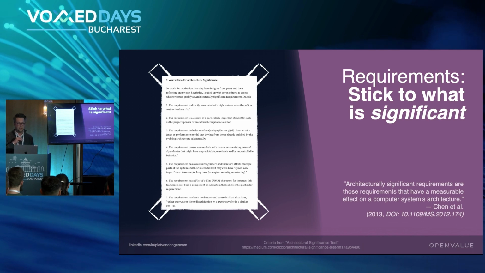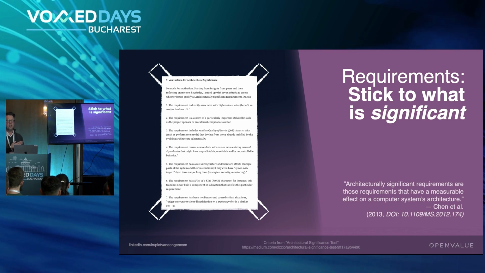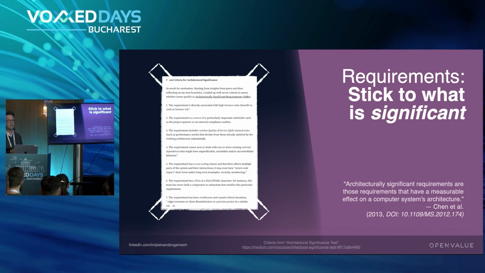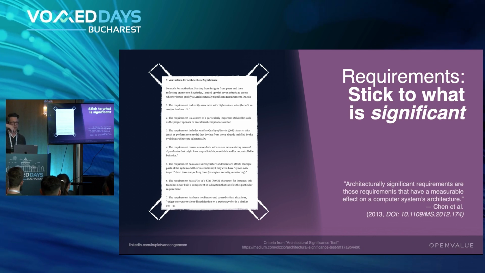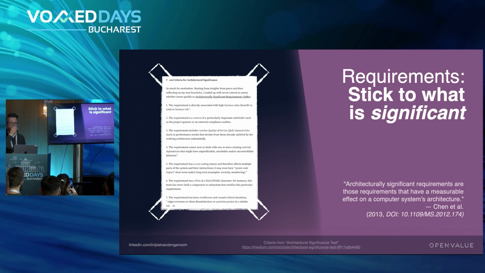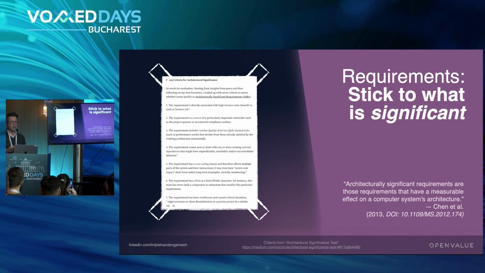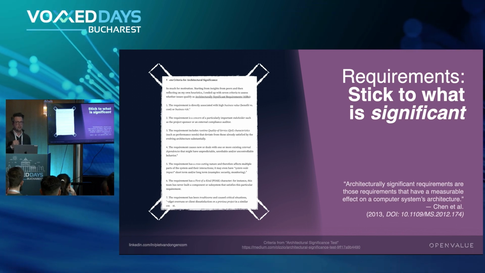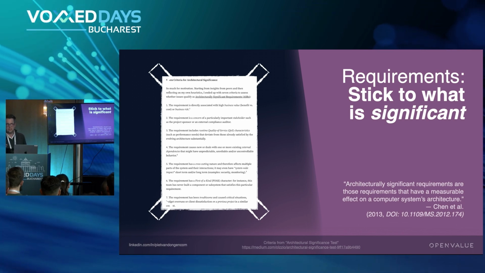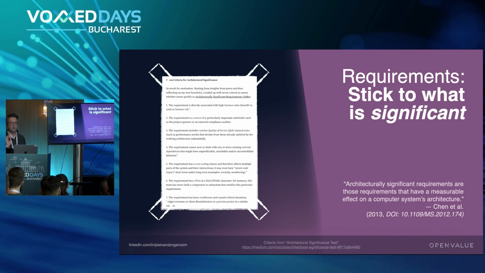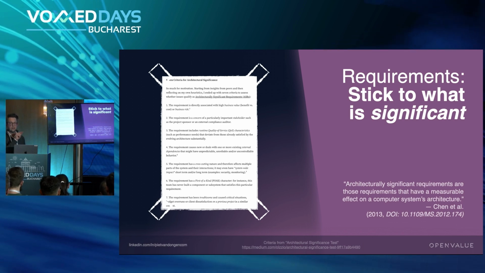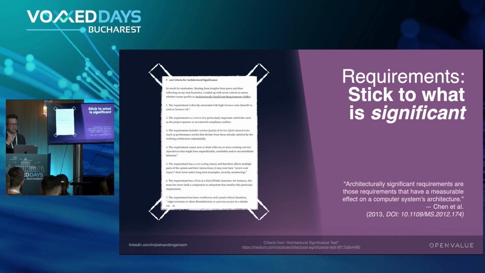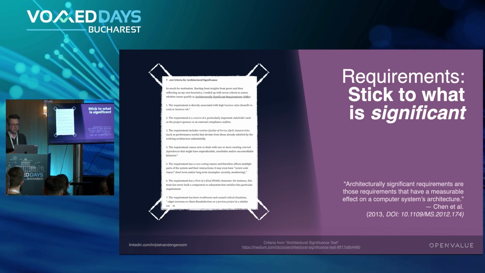Then requirements. This is hard because it's easy to come up with a list of requirements. It's just writing down a huge list. But the more requirements you have in this way of working, the more work you're going to have. So try to stick to the things that are influencing the decision. So if something is going to be done either way, then don't write it down as a requirement, because that will give you a lot of work. I'll show you in a few minutes.